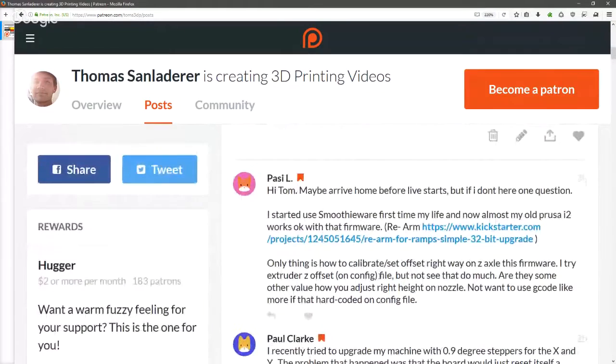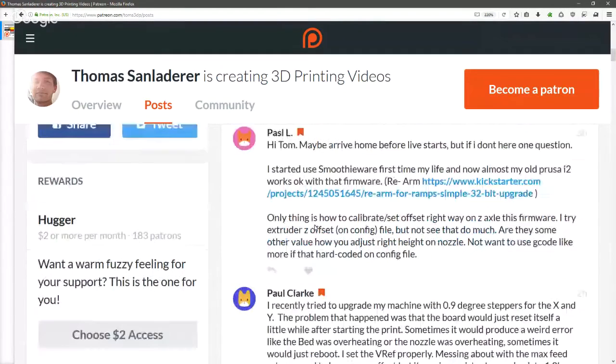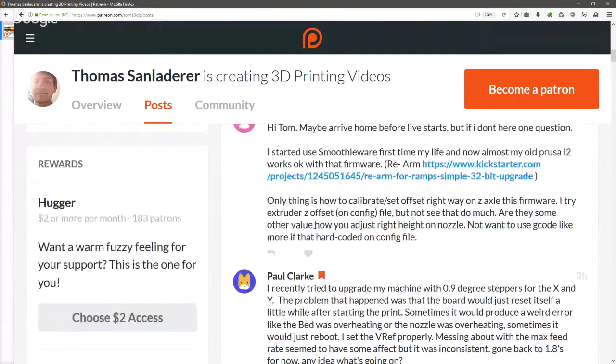Okay, so the other one here was nozzle height on SmoothieWare. SmoothieWare is actually a bit tricky with adjusting the first layer height. So essentially the nozzle offset. There is a wiki page on the Smoothie Wiki. The Smoothie Wiki is really well stocked, so there's a lot of info in there. So you will need to dig through that a bit, but there is a page explaining the entire setup process